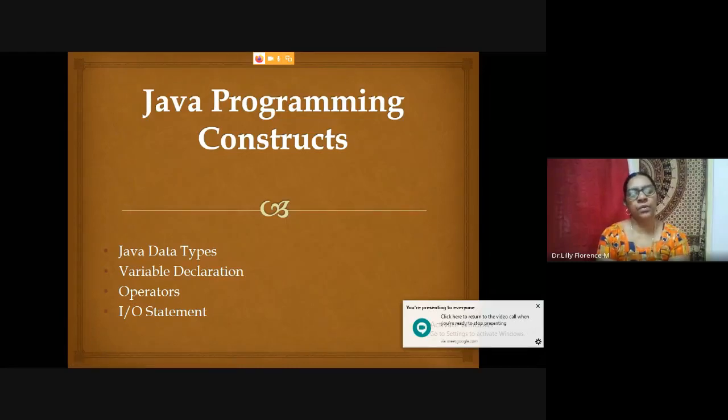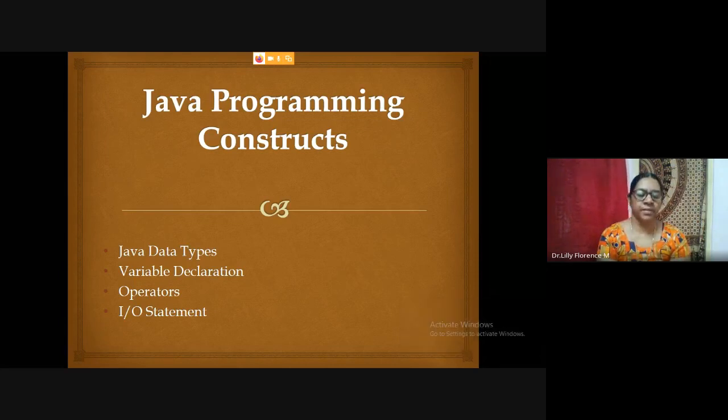In this video, we are going to discuss Java programming constructs. For any programming language, there are three main pillars. One is data types. The second pillar is operators. And the third one is control structures. Without these three, we cannot complete a program. So in this video, we are going to discuss Java data types and operators, and in the next video, we